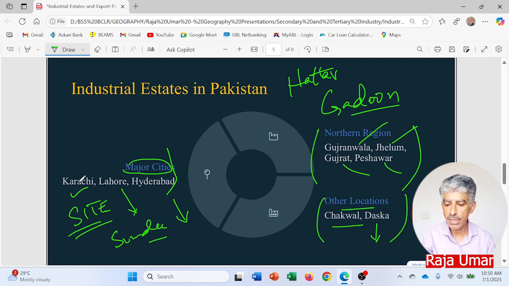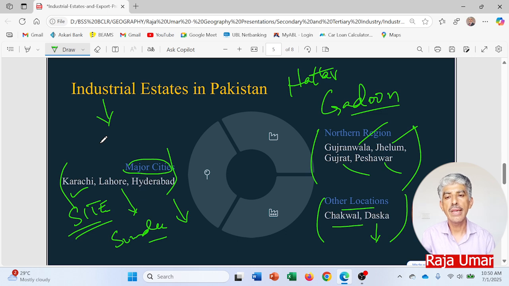So all these are the industrial estates which are established to set up the industries in a single place. All sorts of products can be made over there, and an important thing is that mostly the products made in the industrial estates are for local use. As you know, the international standards are not met whenever the products are made within the country, and because of the lower quality, those products are unable to be exported because of the quality standards.